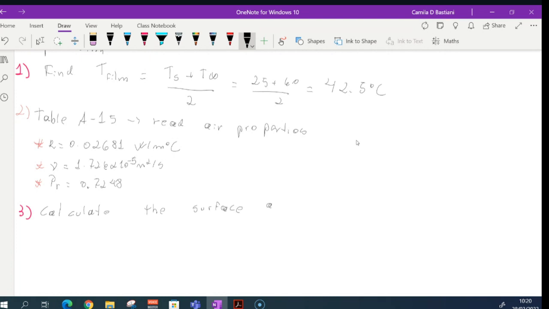Surface area of heat transfer. Okay, I want to know what area is involved in my heat transfer. I'm going to have 2 areas involved: my finned area and my unfinned area, and I need to sum them. So my area that has fins, well, I have each fin